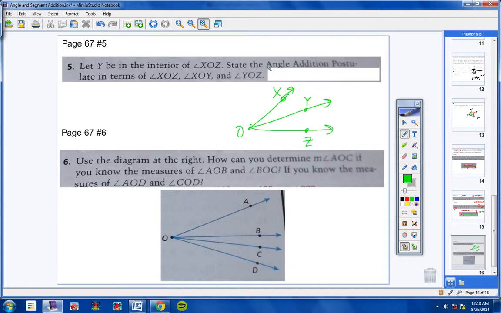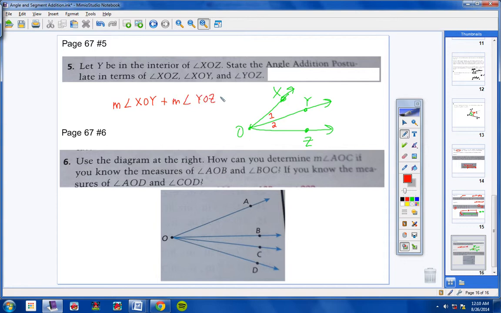Okay, state the angle addition postulate. So here we go. We're going to call this angle 1 right here, and we're going to call this angle 2. Now angle 1 right here is angle XOY, so the measure of angle XOY. And then angle 2 is this little angle right here, and that's the angle of what? YOZ. So I would say the measure of angle XOY plus the measure of angle